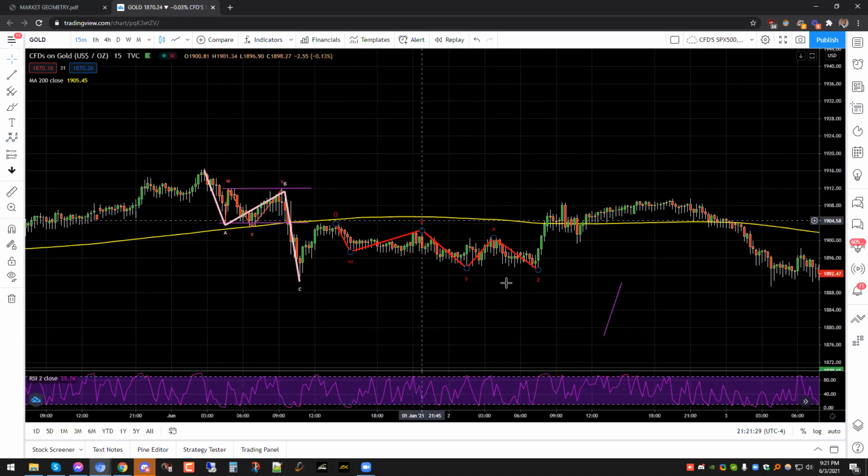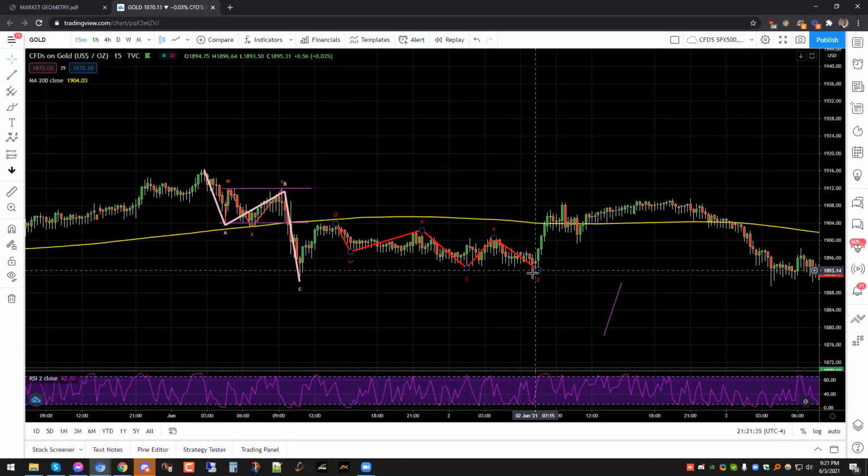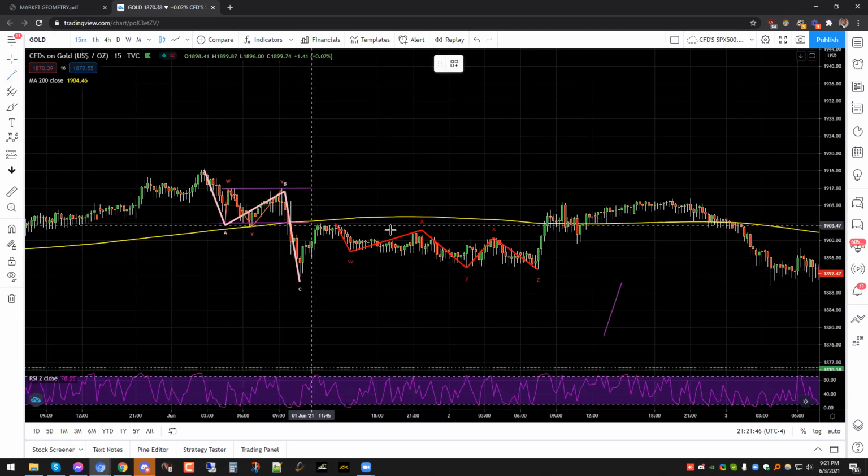Okay, so this is 1, 2, 3, 4, 5, right? So this is a 5-wave corrective formation, right? So if you understand the WXYXZ formation, you will be able to understand when this formation will complete itself. You can use trend lines as well to help you. If you pull a trend line like this,